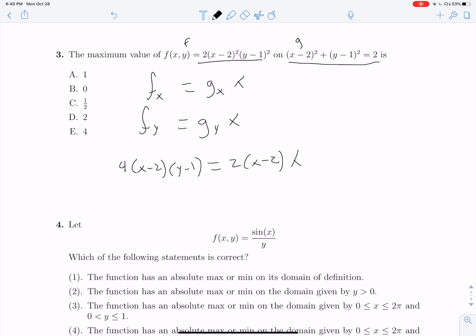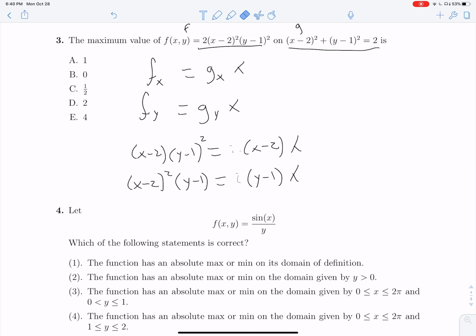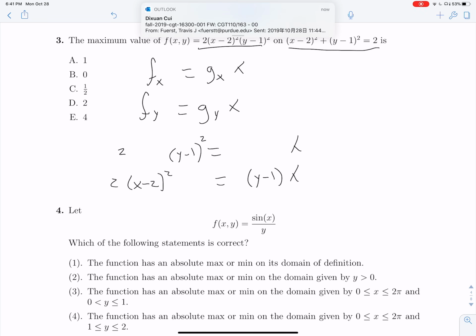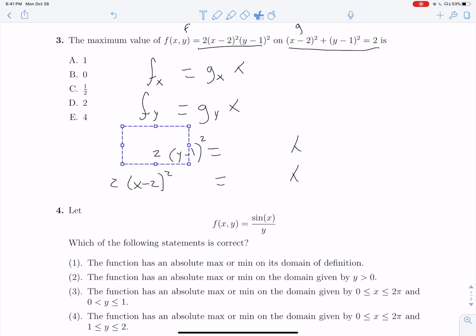And then also, this is squared. Our fy is going to be 4x minus 2 squared, y minus 1, and that's going to be equal to 2y minus 1 lambda. So we can cancel a bunch of stuff out. We can cancel all these factors, 2's in there, and we can cancel this x component and that component right there. And what we end up with, if I just make everything a little bit prettier,